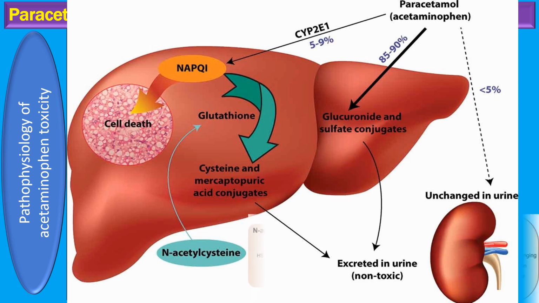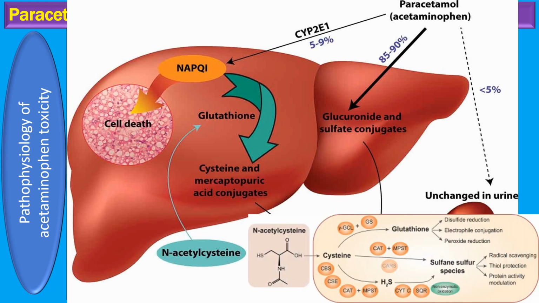However, when we take too much acetaminophen, the plot thickens. The usual metabolic pathways get overwhelmed, and more NAPQI is produced than our body can handle. If our liver's glutathione reserves drop by 70 to 80%, NAPQI starts damaging cellular proteins, leading to toxicity. In fact, markers of this toxicity can be detected in the blood as early as 1 hour